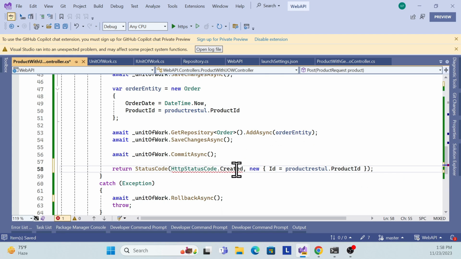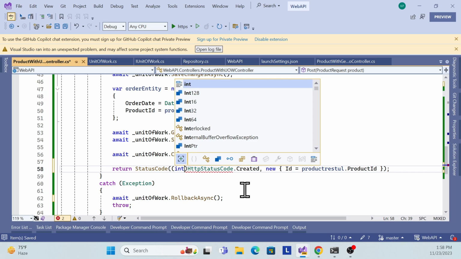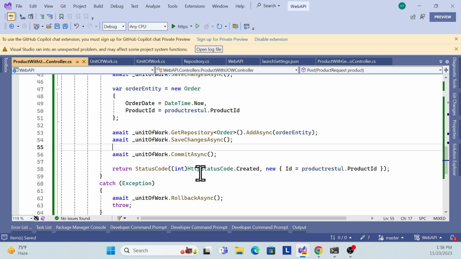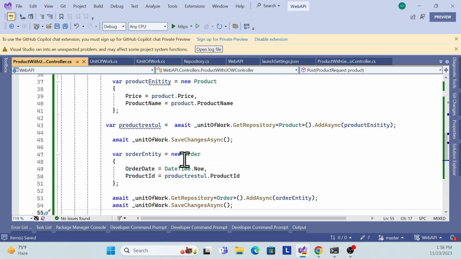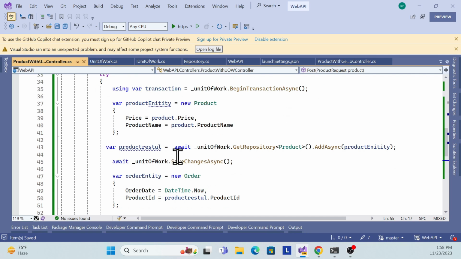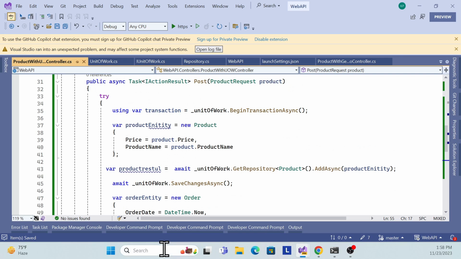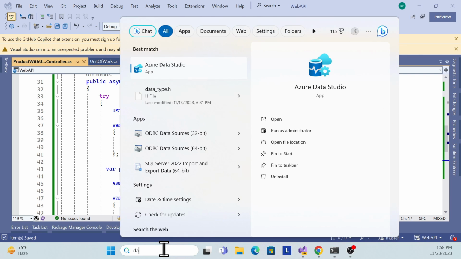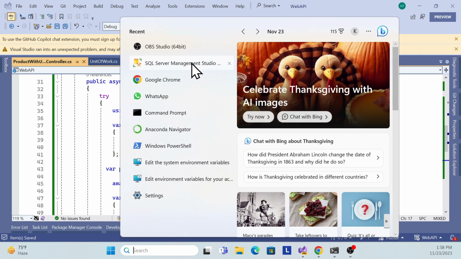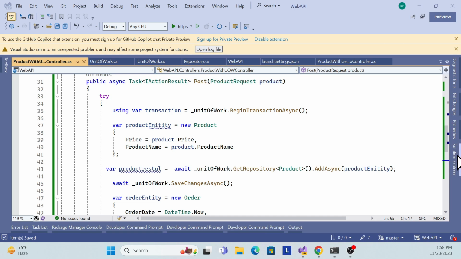Okay, it is sending to integer, int, so let me convert to int. Okay, so this is done. Similar way, actually, let me open the database and prove it, like how that unit of work works. So first I need to open a database, and also